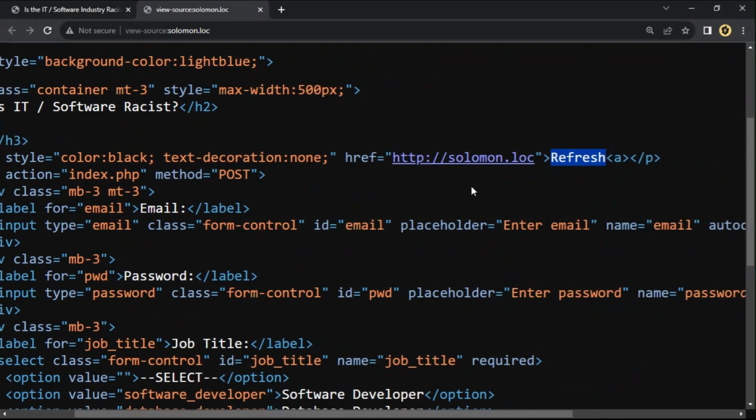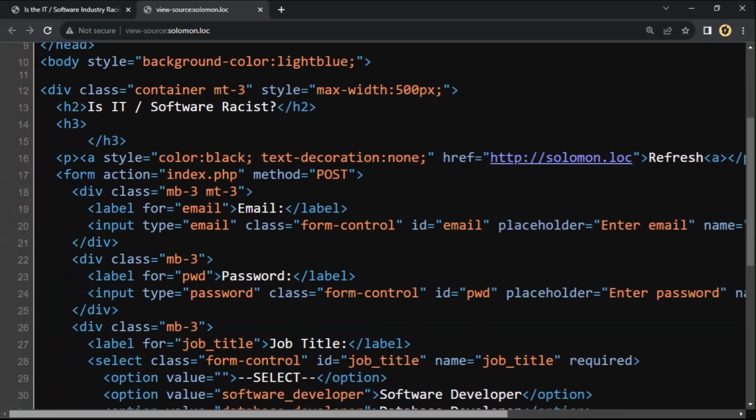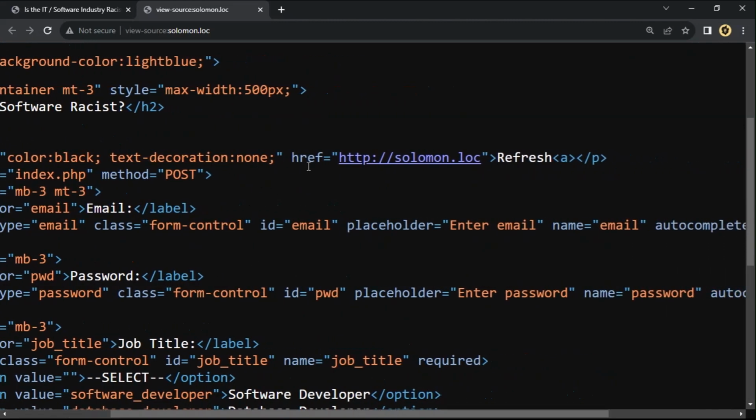But anyway, the word refresh is surrounded by an a href tag. So A is way over here. I put some style stuff in between just to control the color and whether it has an underline on it or not. Then this href goes to